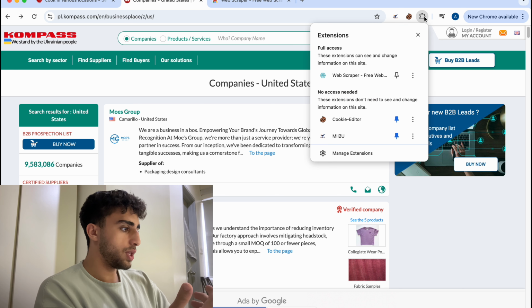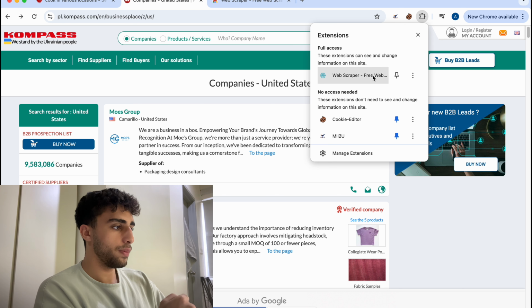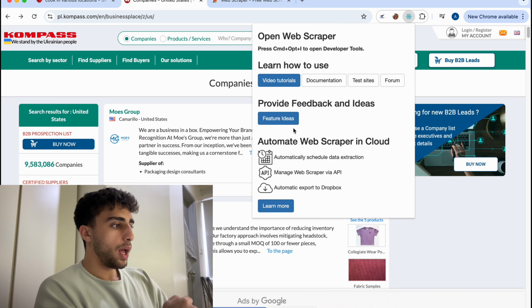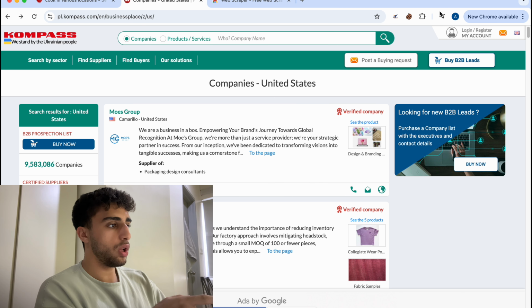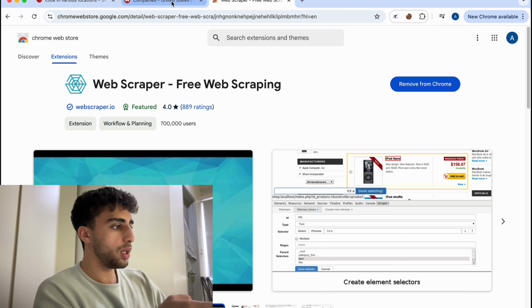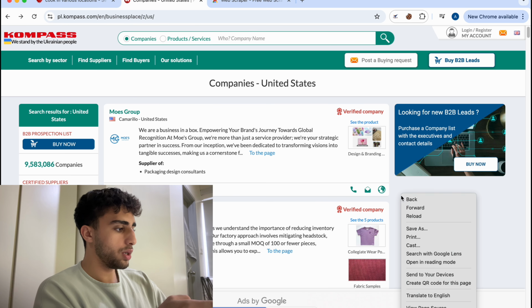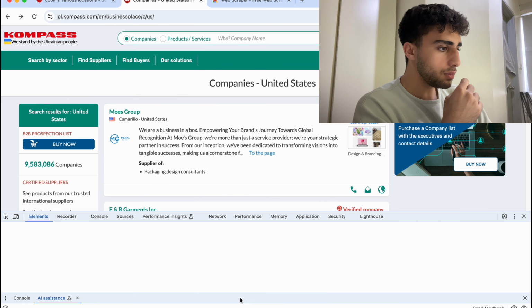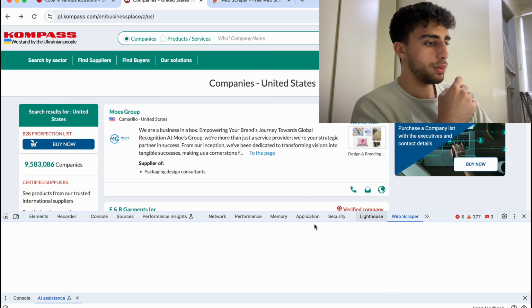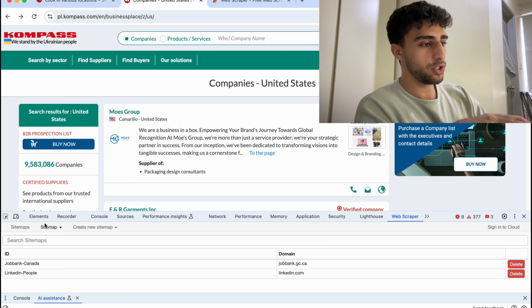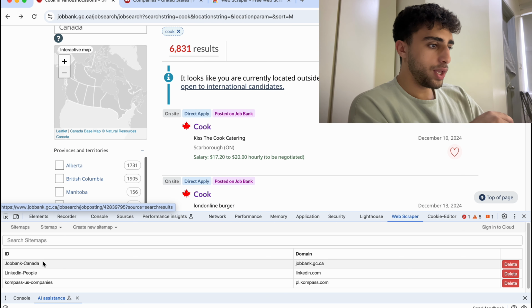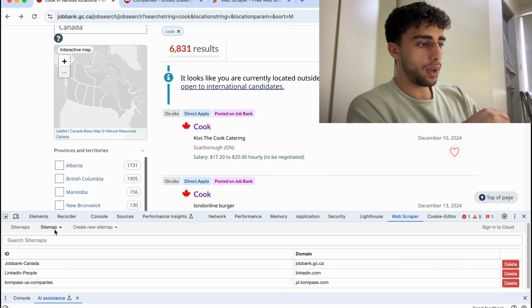So you go up to extensions here, okay? A super simple way to use it is, as you can see, it's already installed. If you don't have it installed, you'll have to install it. You right click here, go to inspect, and then you go to Web Scraper, right? As you can see, I've already created one or two, but let me just recreate it from scratch so you guys can see. If we go down to here, create new sitemap,